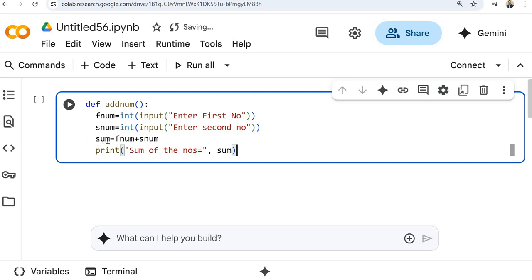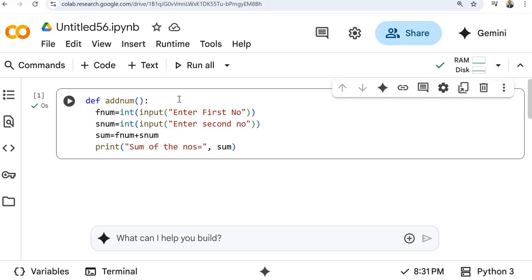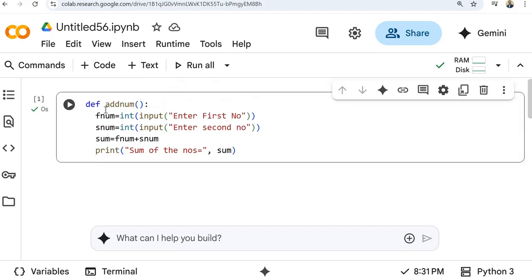Sum is the variable that we used to store the addition of those two numbers, fnum and snum. So this is the complete code. Now let me run this code. Okay, so this is the code for the add num function.